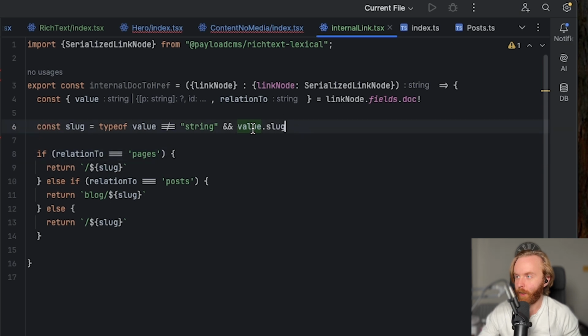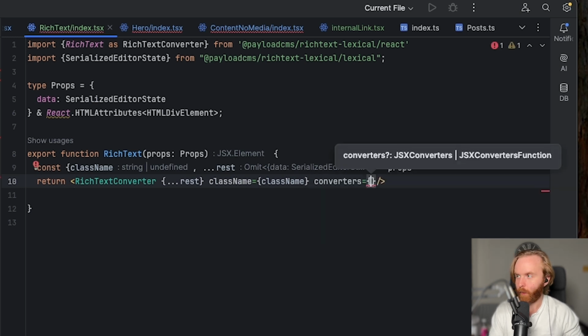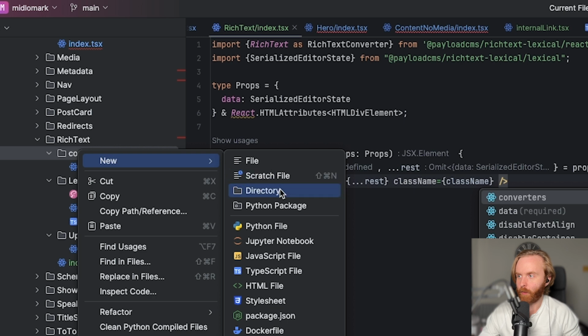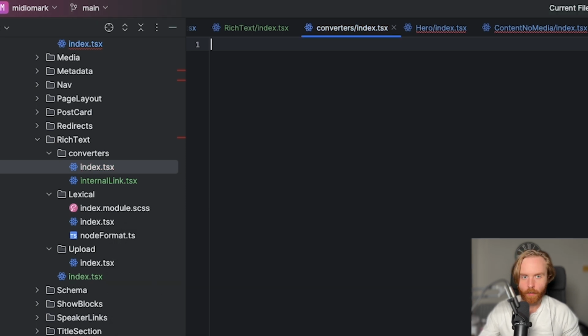All right, so that's all correct now. Now what we need to do, so it's already exported. We're going to come over to our rich text index here. We're going to add our converters, and first, I missed a big step. In our converters directory, we need to add an index, which is going to hold our